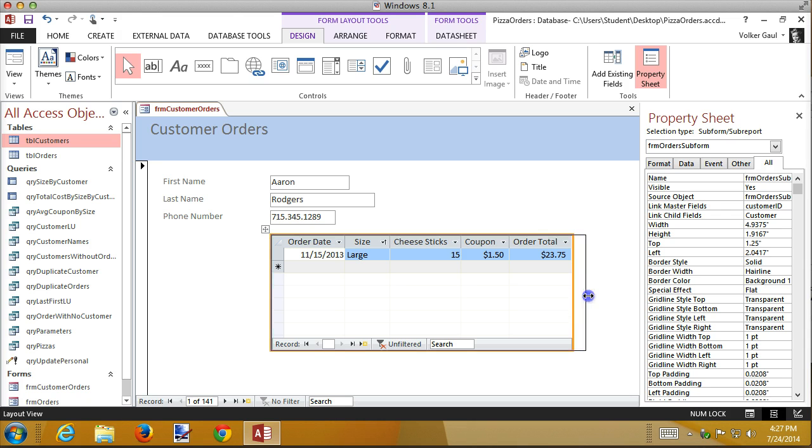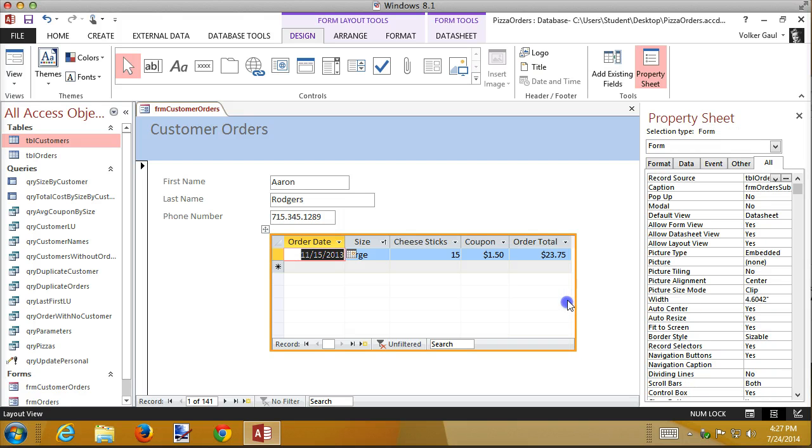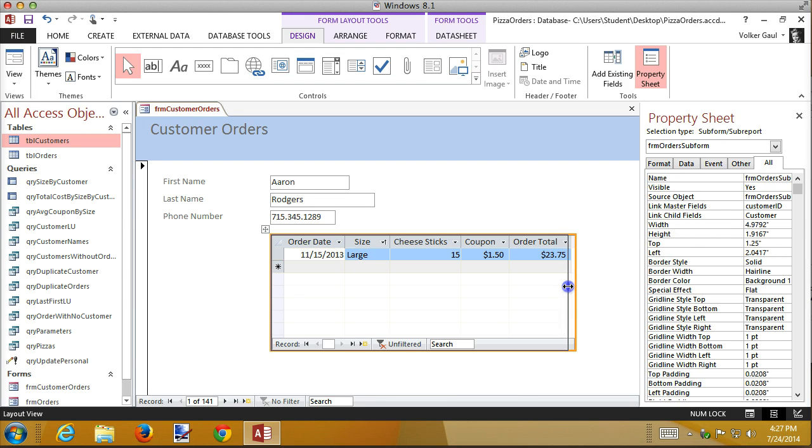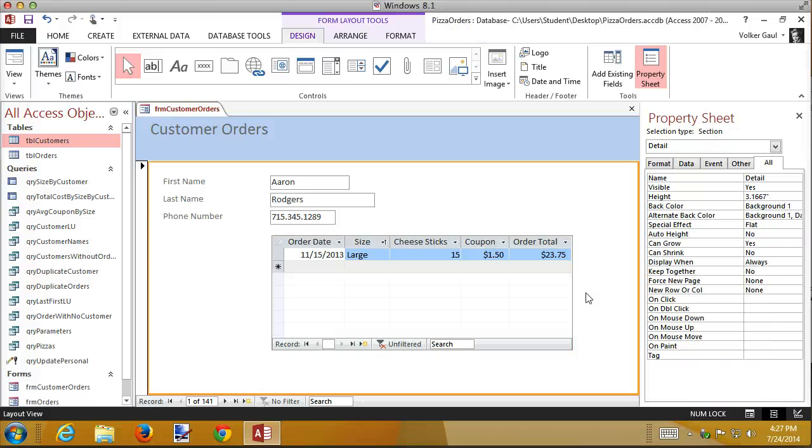If you have a lot of orders, you might want to leave yourself enough room for a scroll bar, and once you get that many orders, then you can start experimenting with how wide this needs to be so it fits just right. In my case, for right now, I don't have anybody with that many orders, so I'm going to shrink it down so it just barely fits. But now I get a scroll bar, so I need to make it a little wider. Let's try the shift right arrow. There we go. Just a smidge, one pixel wider so that I don't get that scroll bar down here,